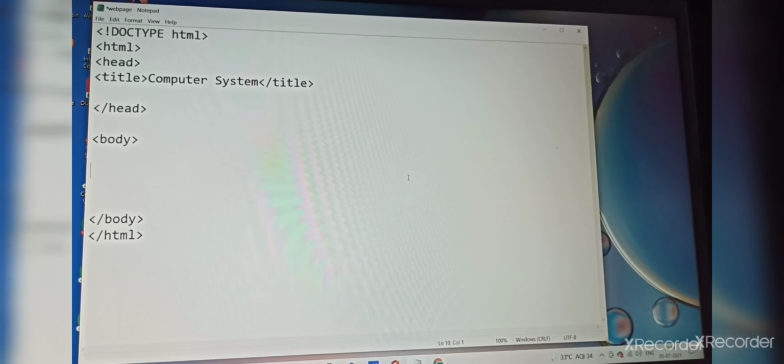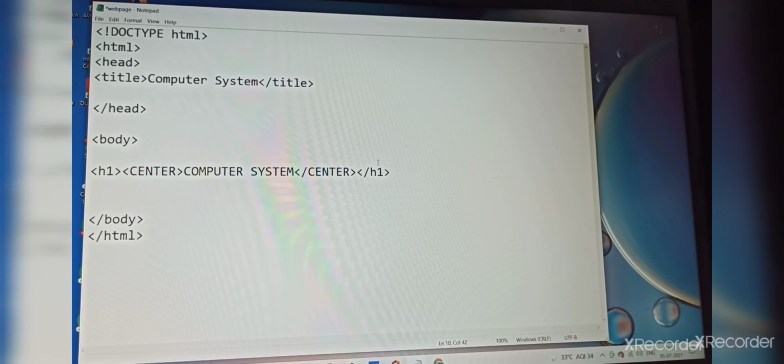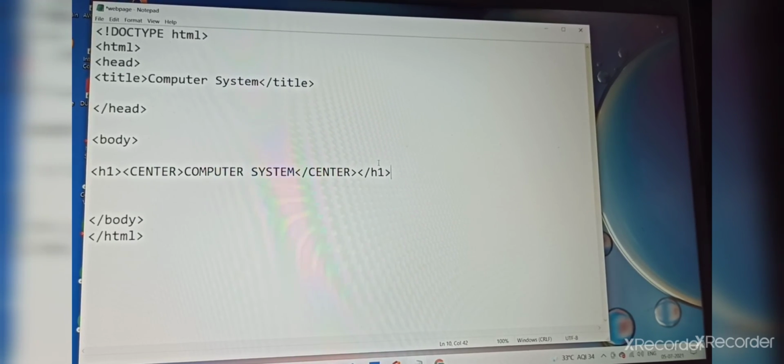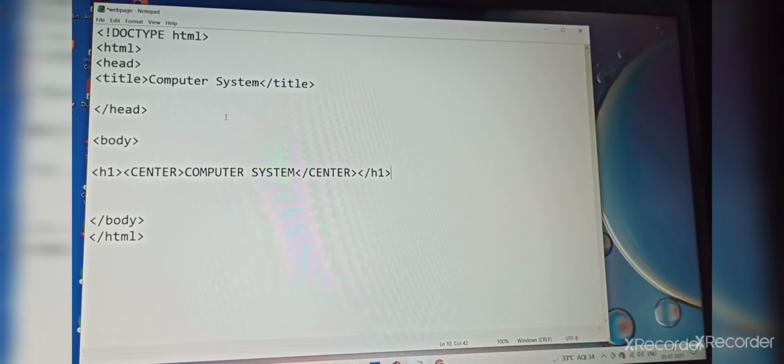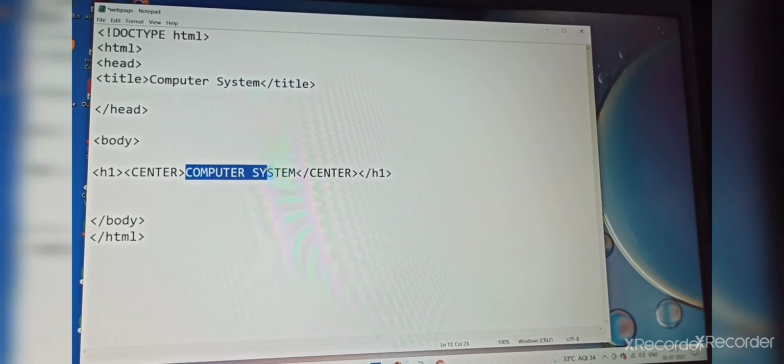Now I have to put a heading in the center, centering the heading. For that, we have seen H1 to H6 heading tags. H1 is the largest one, so we will write H1, and then since we want that heading in the center, we will write center. Then the name, which I have written as Computer System, which is given in our book.